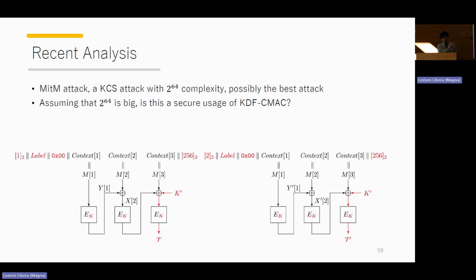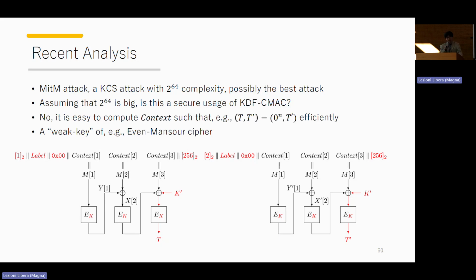The question is whether this is a secure usage of CMAC. I mean, if you want to output one block K out, it is insecure. If we require the output length is 2 blocks or longer, then it takes this number of complexity. Still, I think this is an insecure usage